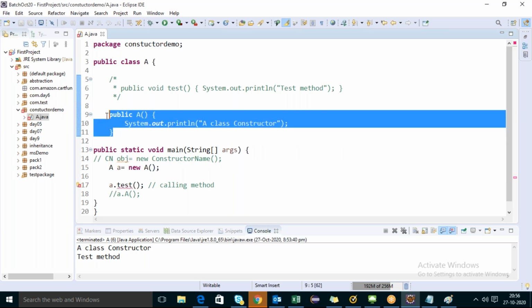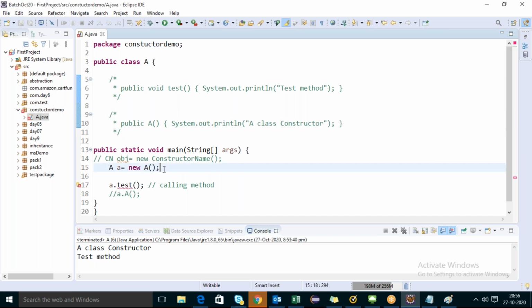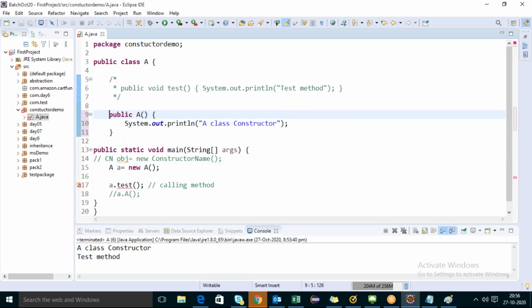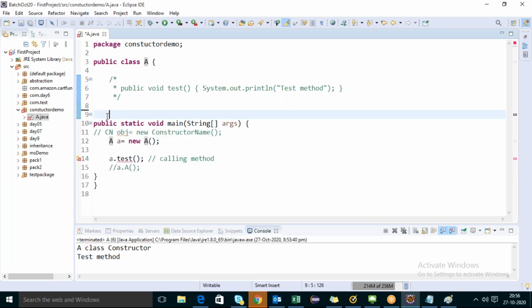But if your class does not have a constructor, and I give a statement for object creation of a class, the syntax is class name, object name equals new constructor. If your class has a constructor, it will execute this constructor. If you want to confirm, just Control-click to navigate here. So anyway, this navigates here, right? But observe, if your class does not have a constructor, it has to give an error here,